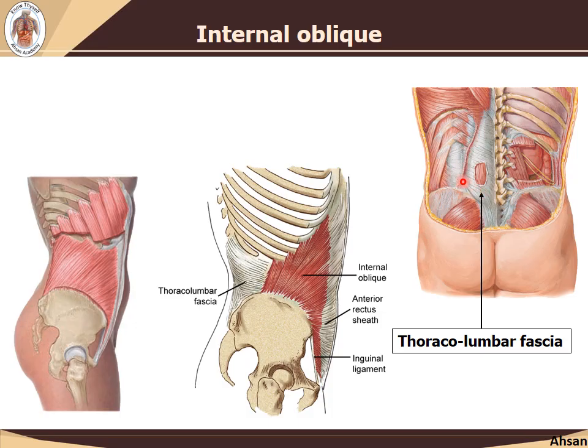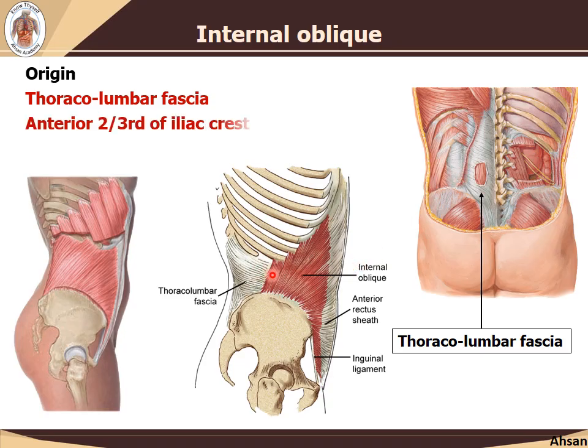So from lateral to this starts the internal oblique muscle. This internal oblique muscle is attached to this thoracolumbar fascia. Then going down, this is the iliac crest. So the anterior two-thirds of the iliac crest, the middle part of the iliac crest, gives area for the attachment,